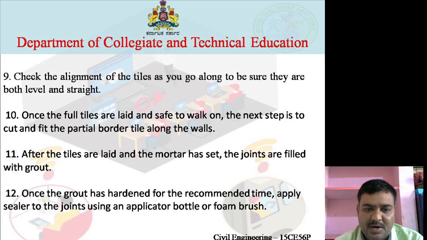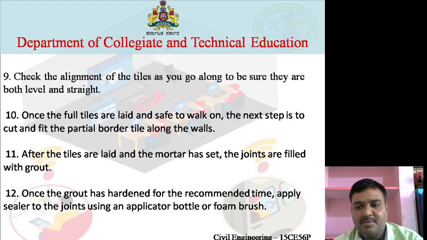So once the grout has hardened, the recommended time, ಅಪ್ಲೈ ದ ಸೀಲರ್ ಟು ದ ಜಾಯಿಂಟ್ಸ್. ಆ ಜಾಯಿಂಟ್ಸ್ಗಳಿಗೆ ಸೀಲರ್ಗಳನ್ನು ಹಾಕಬೇಕು. ಹೆಂಗೆ ಅಂದರೆ ಅಪ್ಲಿಕೇಬಲ್ ವಿತ್ ದ ಹೆಲ್ಪ್ ಆಫ್ ಅಪ್ಲಿಕೇಟರ್ ಬಾಟಲ್ ಆರ್ ಫೋಮ್ ಬ್ರಷ್. ವಿ ಯೂಸ್ ಅಪ್ಲಿಕೇಟರ್ ಬಾಟಲ್ ಆರ್ ಫೋಮ್ ಬ್ರಷ್ ಅವನ್ನು ಯೂಸ್ ಮಾಡಿ ನಾವು ಸೀಲರ್ಗಳನ್ನು ಅಪ್ಲೈ ಮಾಡಬೇಕು ಆಫ್ಟರ್ ದ ಗ್ರೌಟ್ ಹ್ಯಾಸ್ ಹಾರ್ಡನ್ಡ್. ವೆರಿ ಇಂಪಾರ್ಟೆಂಟ್. ಸೊ ಈಗ ಇದರಲ್ಲಿ ಏನು ನೋಡಿದ್ವಿ, ಈ ಪ್ರೊಸೀಜರಲ್ಲಿ ಚೆಕ್ ದ ಅಲೈನ್ಮೆಂಟ್ ಆಫ್ ಟೈಲ್ಸ್ as you go along, so they